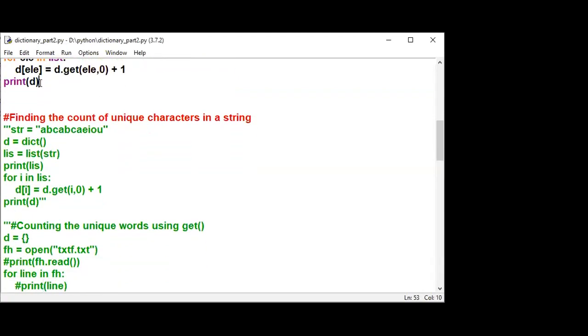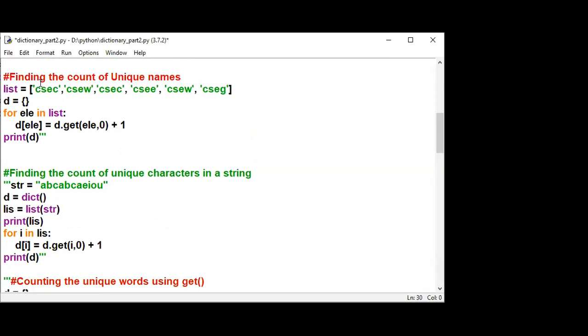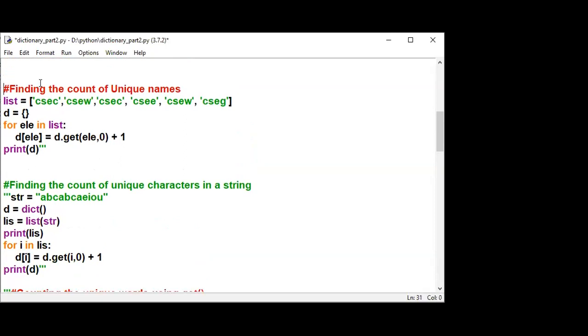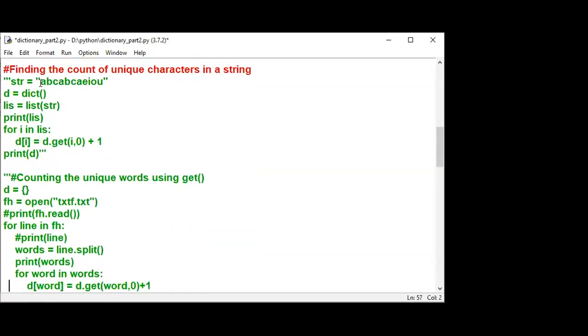You see the next program, finding the count of unique characters in a string. So I have given a string here, simply some A, B, C, A, B, A, something I have given.